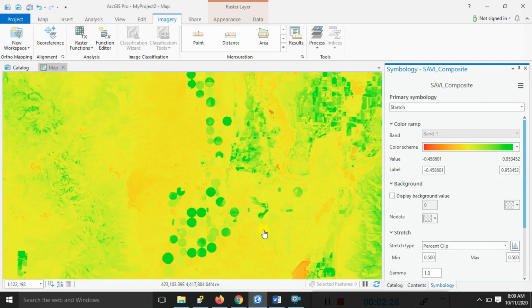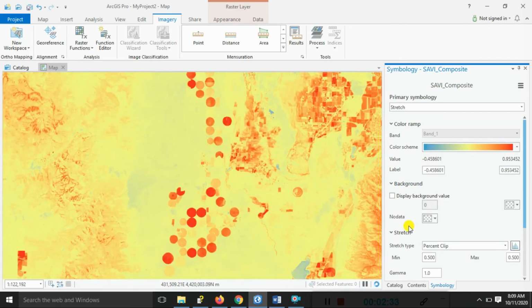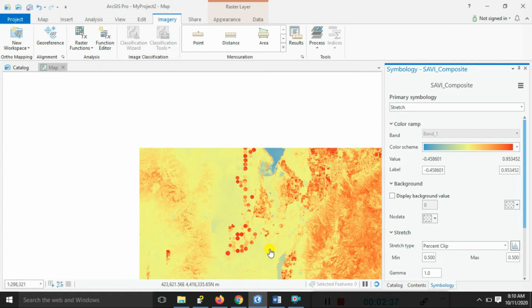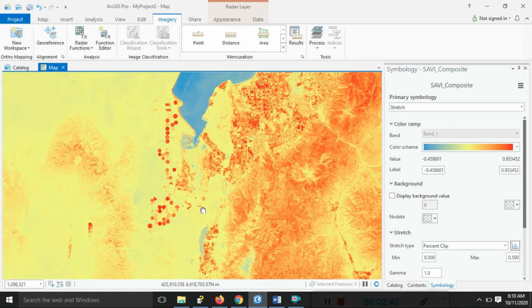This is the result of the soil adjusted vegetation index. You can explore the result of the soil adjusted vegetation index very clearly.